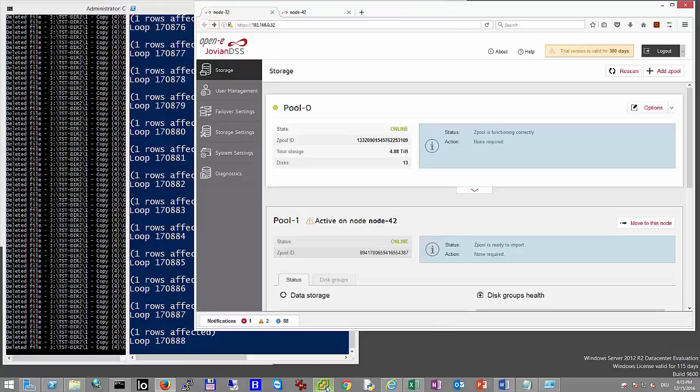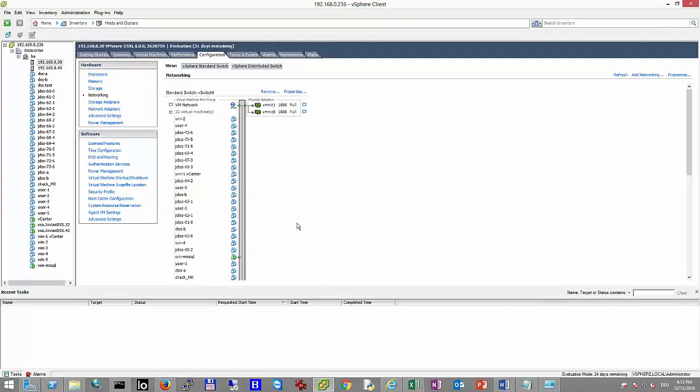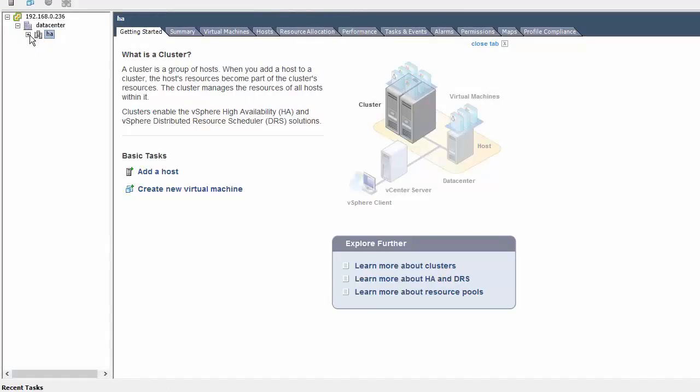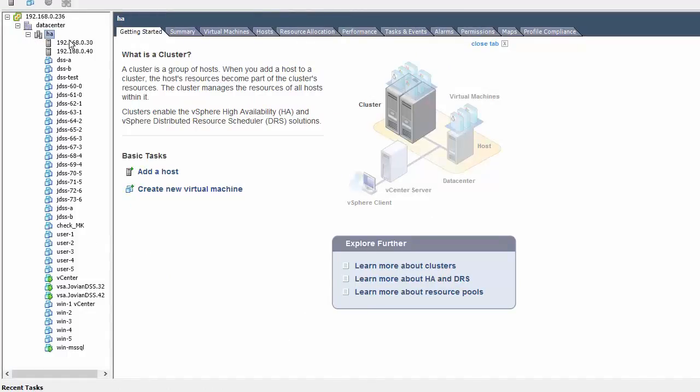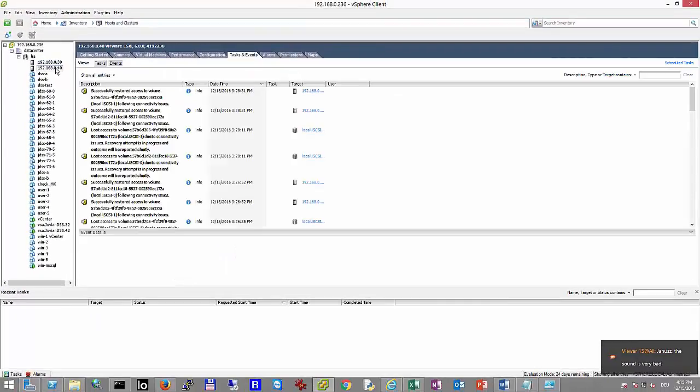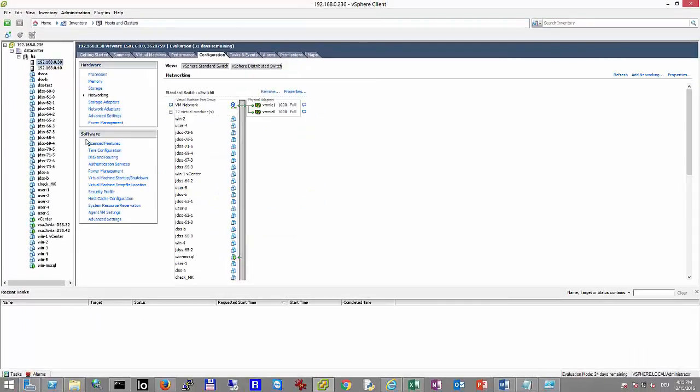So as I mentioned, we have a vSphere 6 here, and I go to the vCenter. We have an HA cluster installed on the two ESXi nodes, .30 and .40, and two Jovians.